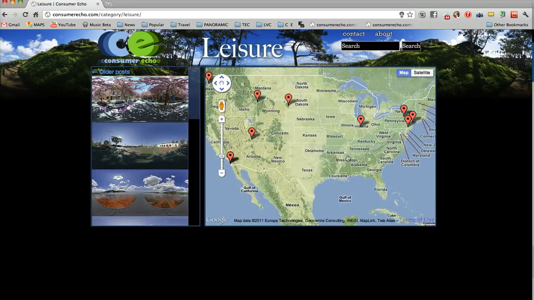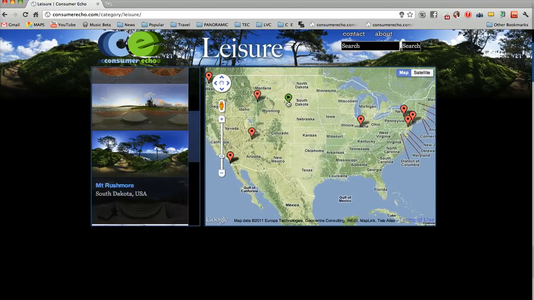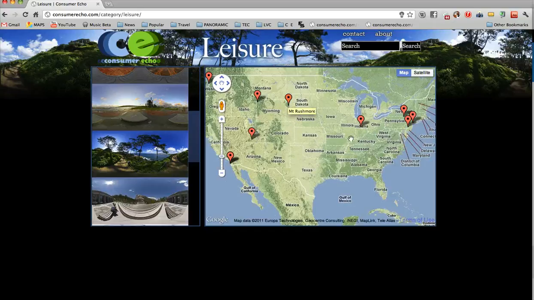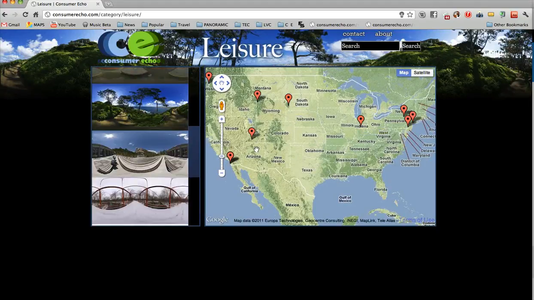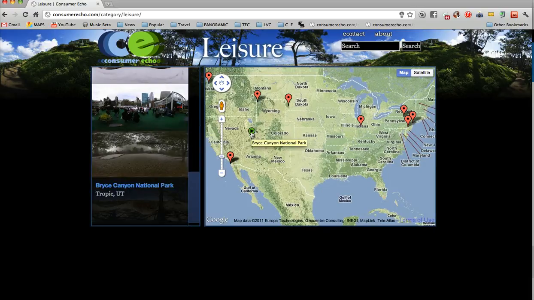On the left hand side you see the imagery. Those do correlate one to another. If I point at a pin on the map, the left hand side will show you what that location is, where it is, and the combination of those two things should help you understand where you're about to visit. When you point at a location, the pin turns green. That's the image that you're about to view, and if you just click on it, a single click will bring you